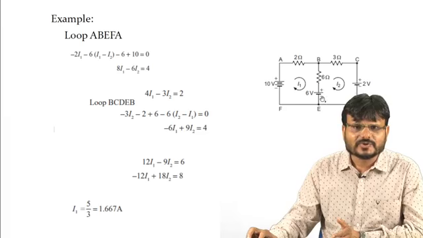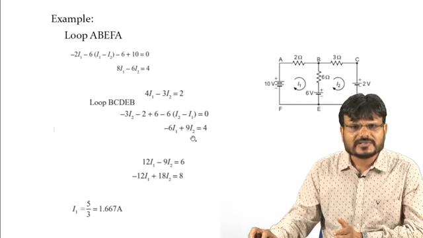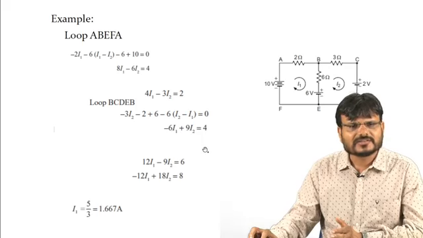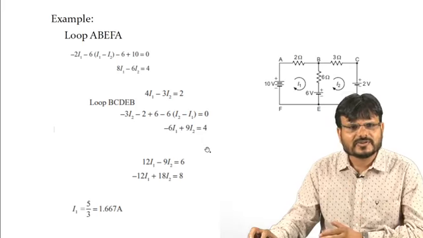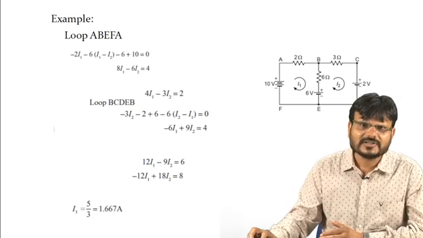And again there is a voltage source and its sign is minus to plus, so it will be denoted as plus. After solving this equation you can write minus 6 I1 plus 9 I2 is equal to 4. These two equations you can easily solve, and easily calculate the values of the currents I1 and I2.